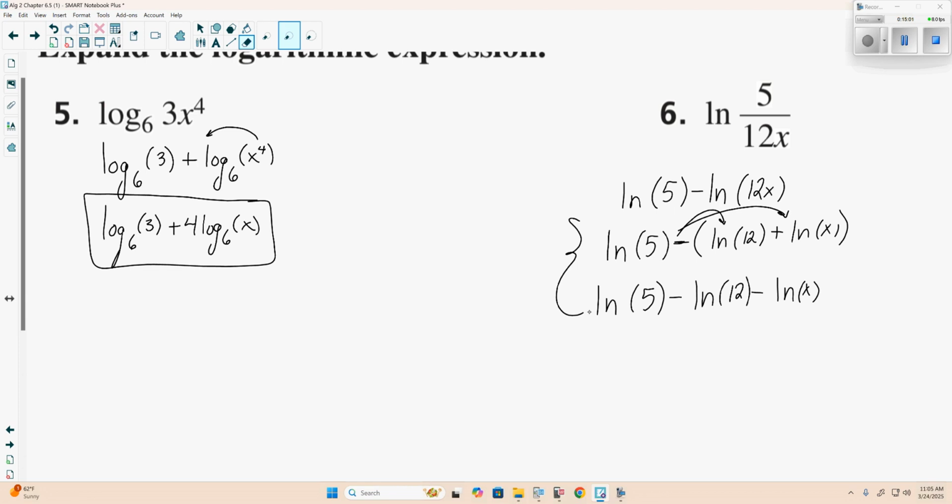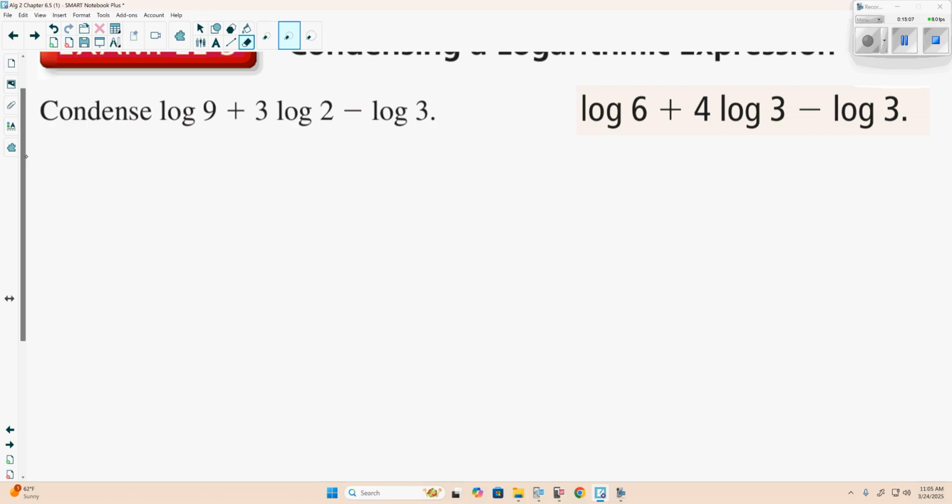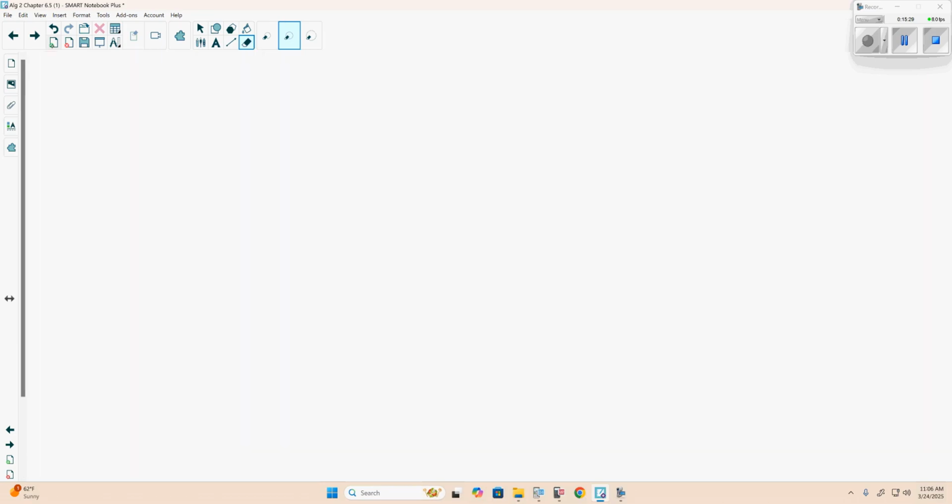Well, the other direction we can go is condensing. We're going to condense it back together. Now, for the most part, most of what we're going to look at, condensing is not going to be too bad. Now, condensing is going to go in kind of the opposite direction that expanding went. So when we condense,